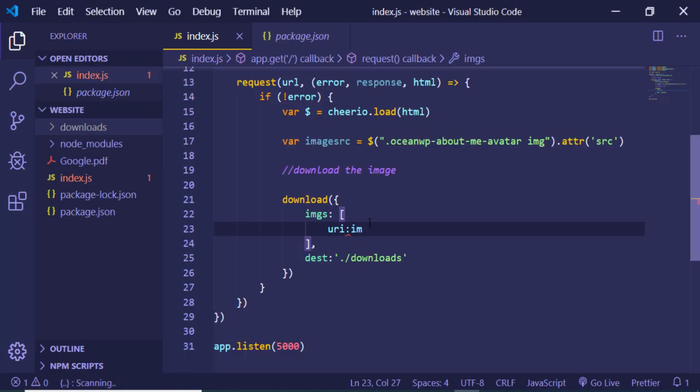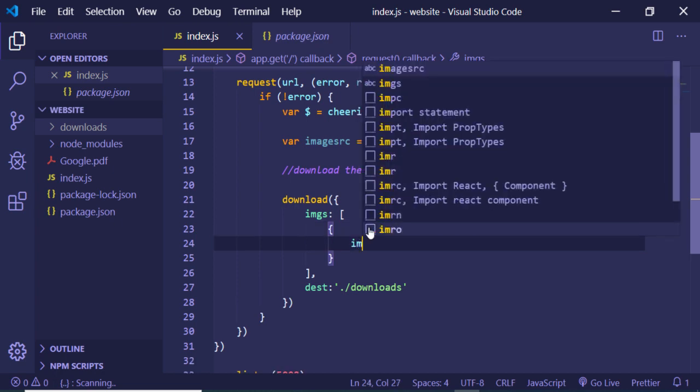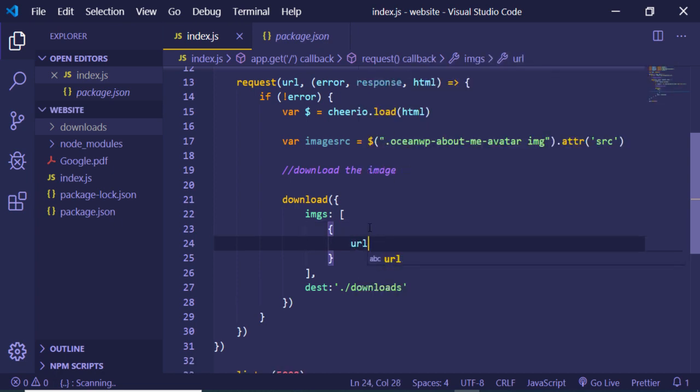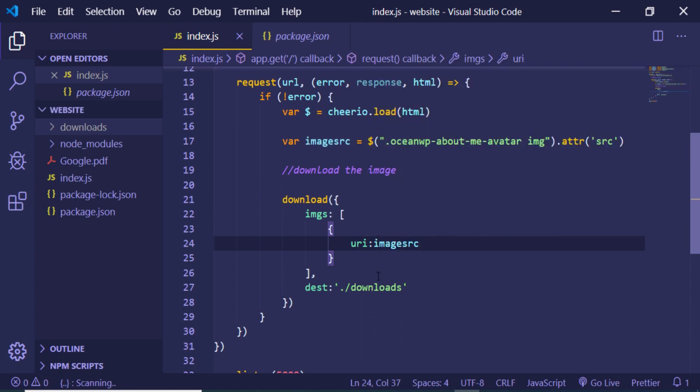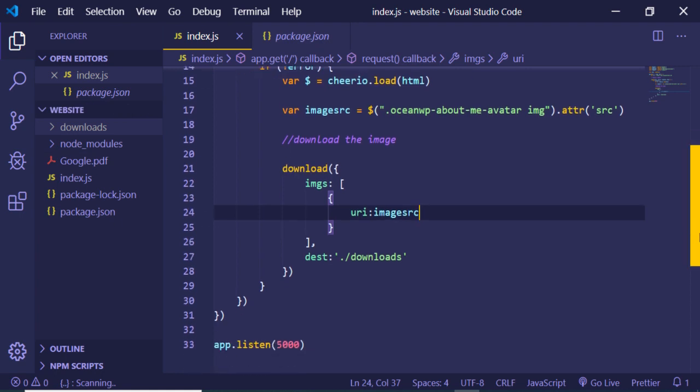Oh, sorry guys, this needs to go inside the curly brackets. So this is URI and this is image source. That's it. And now we have provided the destination of downloads here,